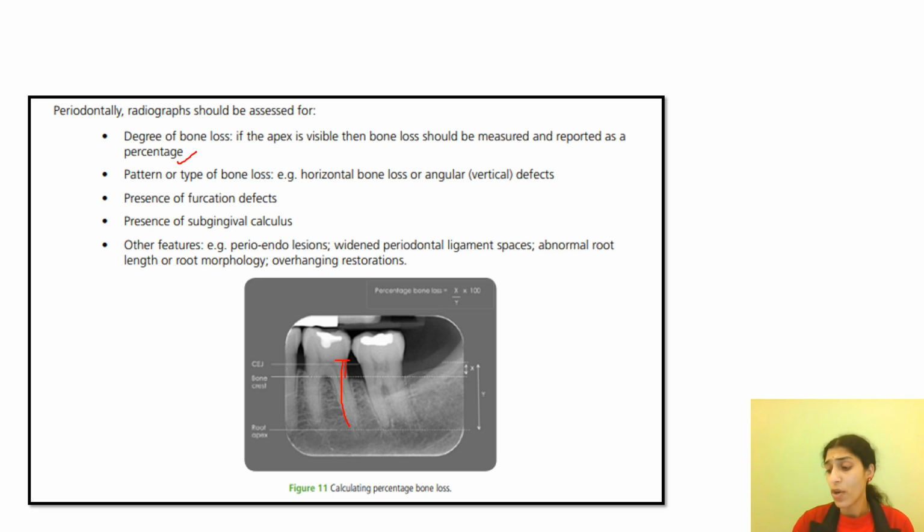So it depends. Or if you think there is a good amount of bone for the tooth and it can be salvaged, then you will try to do some periodontal surgical therapy and then try to save the tooth, or you may want to do an RCT if it is an endo-perio case, accordingly. So basically, to confirm your findings and to make a treatment plan, a radiograph is very, very important.